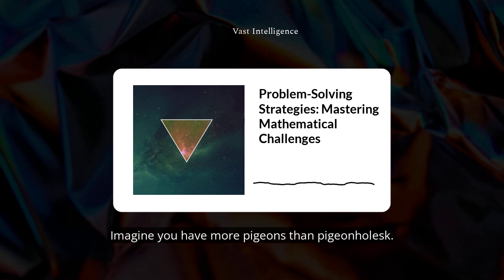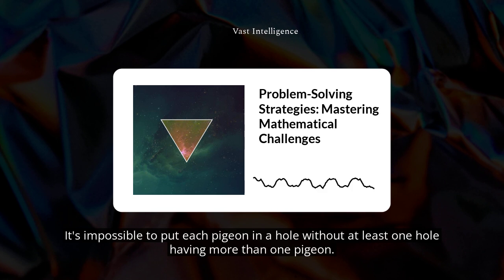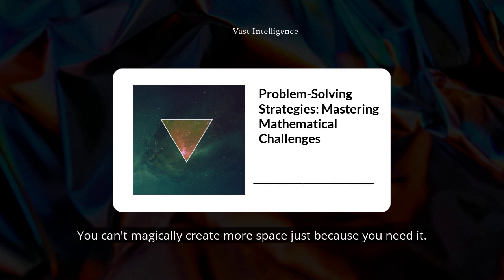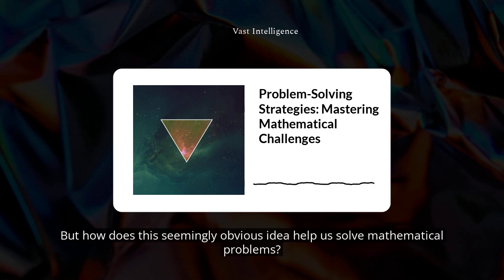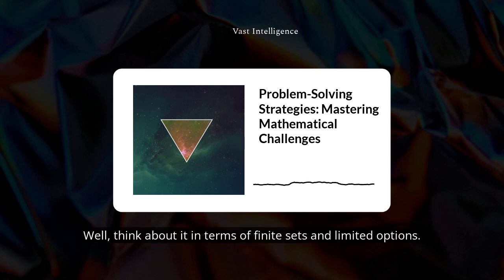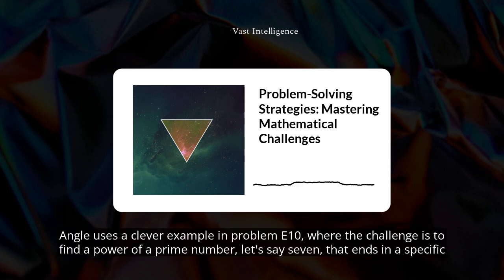Imagine you have more pigeons than pigeonholes. It's impossible to put each pigeon in a hole without at least one hole having more than one pigeon. Makes sense. You can't magically create more space just because you need it. Right. But how does this seemingly obvious idea help us solve mathematical problems? Well, think about it in terms of finite sets and limited options. Engel uses a clever example in problem E10,